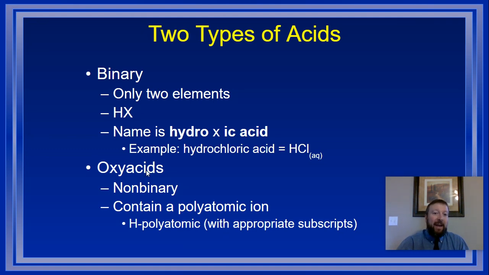Oxyacids are going to be non-binary, which means they're going to be one of those polyatomic ions from the chart we learned earlier. And those are going to end in ate or ite, and whether it's an ATE ending or an ITE ending will change the name of those. So, first of all, identify what it is, put an H in